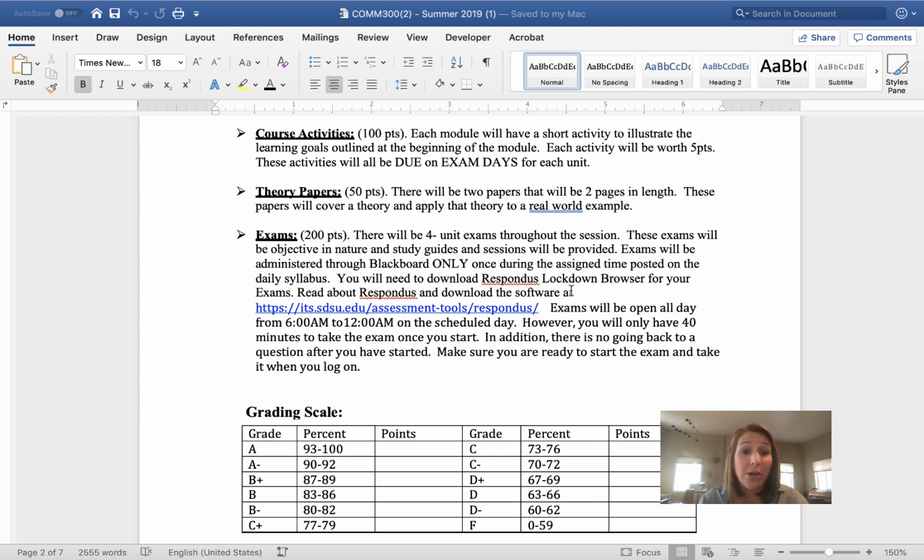These exams are objective, meaning they are multiple choice, true-false questions, and they will be taken on a computer through Blackboard. That's your laptop or your home computer. You do not have to be on a computer on campus to take them, although you can certainly do that. You must only be able to log online and get to Blackboard.